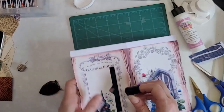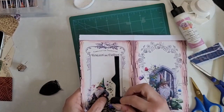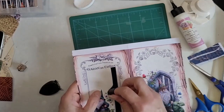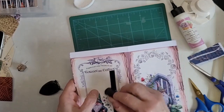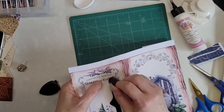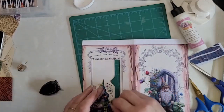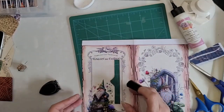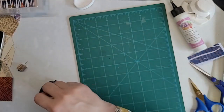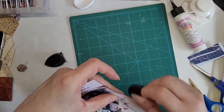Oh, that's why I wasn't going to do this as I went along, because you don't want to see me inking pages. So what I'm going to do is I'll finish this one, because if I don't finish it, then when I get to it I'll think, oh, I've done that one, and I won't have finished it. I'm even inking the bits that are going to be cut off,